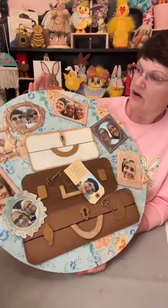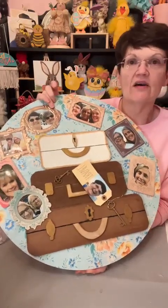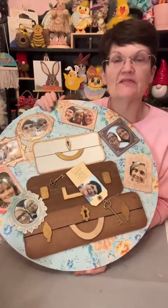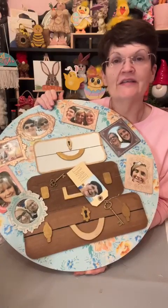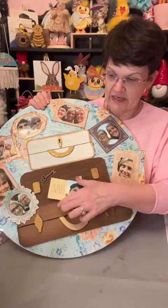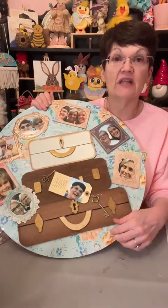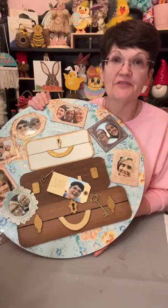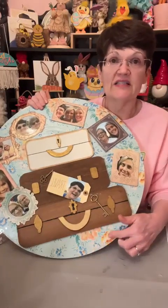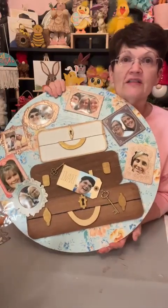And Elizabeth is on here, and Lindy's on here, and Miss Christy is on here. And these are my craft family. And I'll probably put craft family maybe on a little sign right here, because I've got some letters. Remember the letters from Pop Shelf? And I'll stick that on here. But I just didn't have time to do that. So this is what it looks